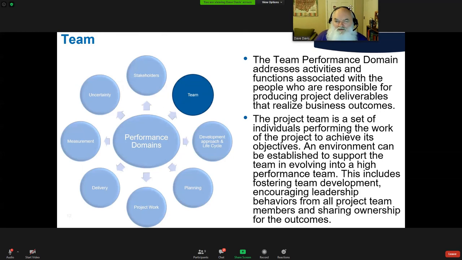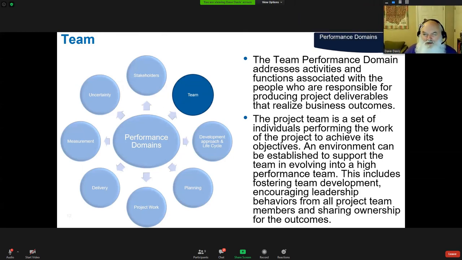Team performance, activities, functions, but it's really making sure the members of the team feel valued, that they understand what they're delivering, that they're able to work with each other and have a safe environment where we can experiment. And there's buzzwords like fail fast and other stuff, but all those things are important, that we have an environment where the team's able to prosper as much as possible. A bunch of individuals performing work to achieve a team objective.